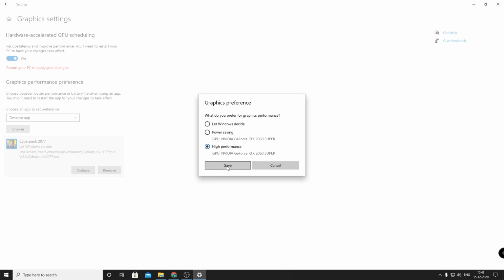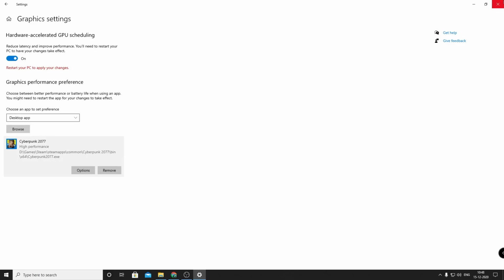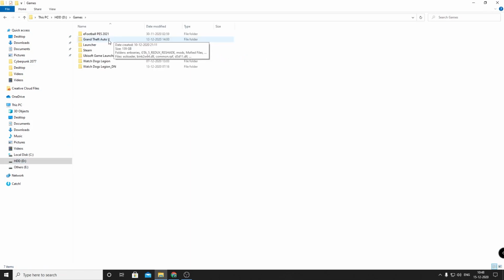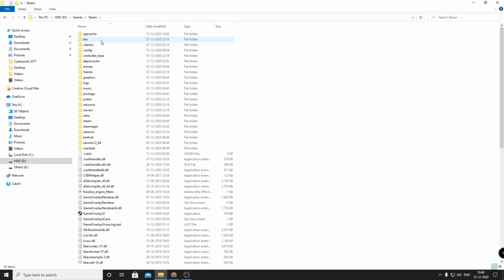And once that is confirmed, you can just click on save, and you can just close this one, and that is it from this side. Then you can move back to the game actually. So once you are in the game folder, you can find, if you already installed the game, you just go